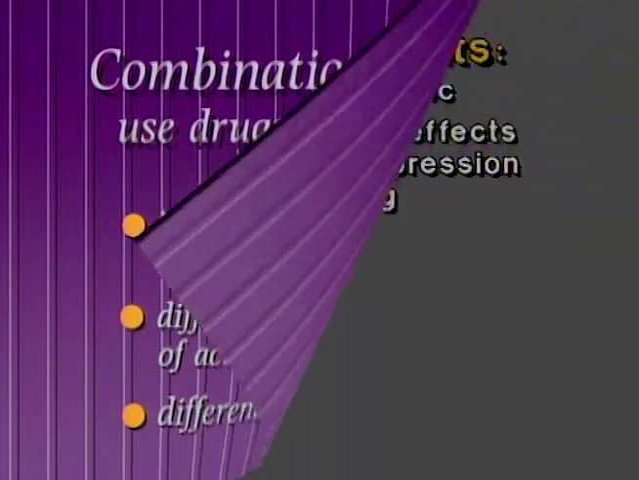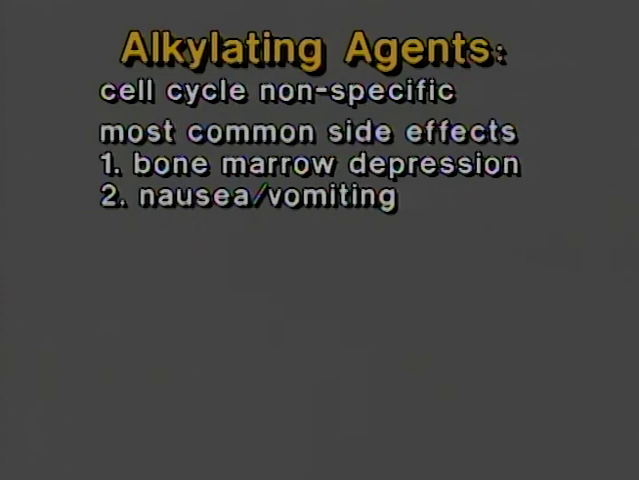The first type of chemotherapy drugs are the alkylating agents. They are cell cycle